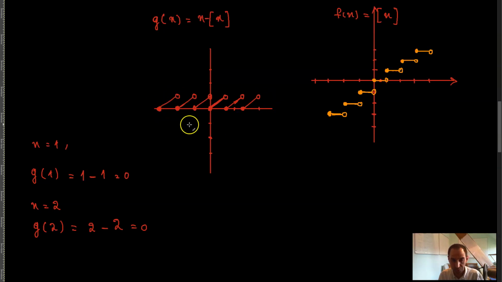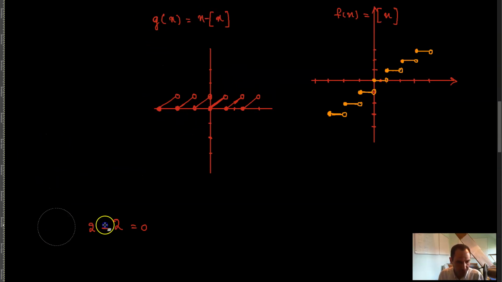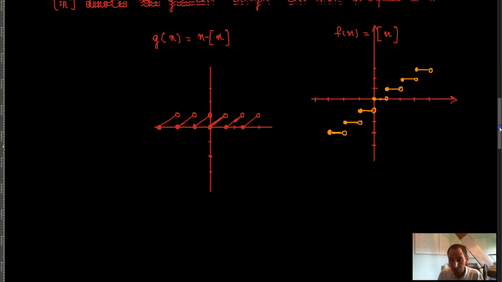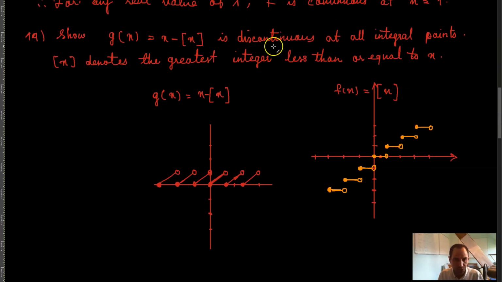So this is basically your function, and that is basically the function g. Now, what you want to show is that this function is discontinuous at all integral points. At all integral points, right? Now the logic that they have used over here in order to show that this function is discontinuous at all integral points